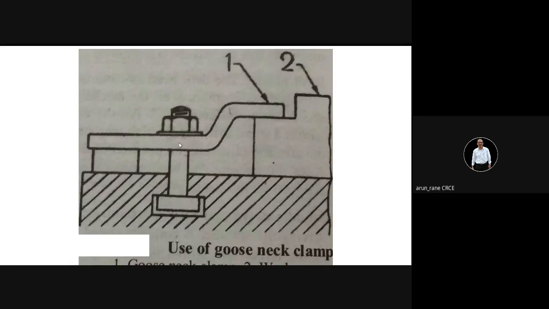Now there is a support below the clamp. This support is called the parallel block. So you have a parallel block kept on the table on which you have a step type clamp. The step type clamp is clamped with the help of a T bolt. This is called the nut, a hexagonal nut, and you have a washer below the hexagonal nut. The purpose of the washer is to give a good or perfect clamping to the workpiece.